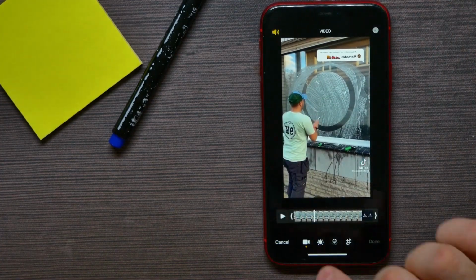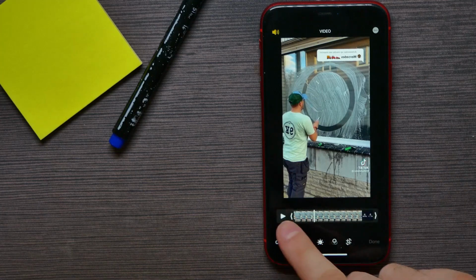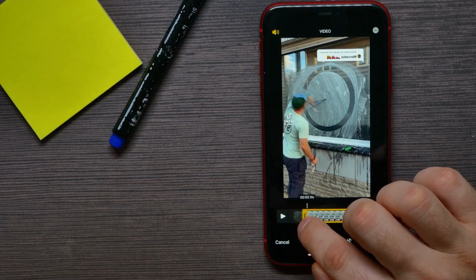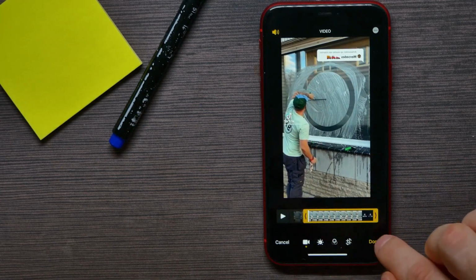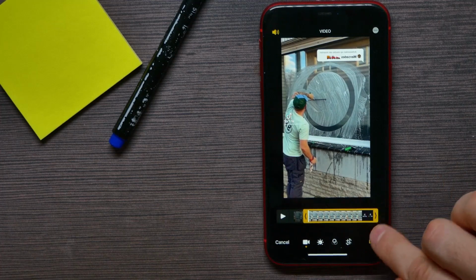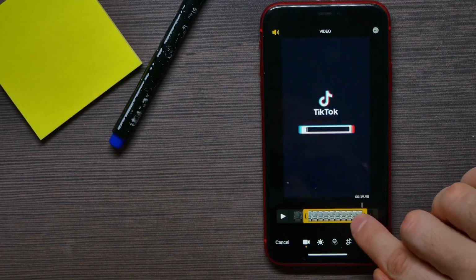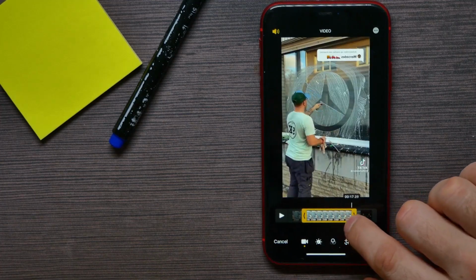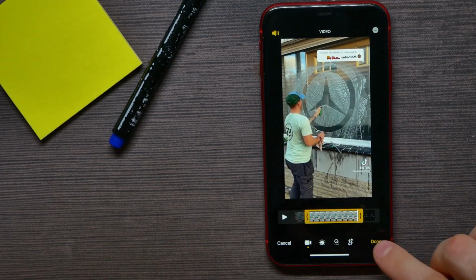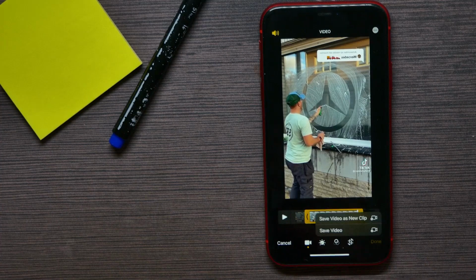Now I can, by moving the edges of that video row, trim the start and the end of the video just by dragging that kind of arrow icon. Now I'll trim the end of the video and I can hit now at Done,